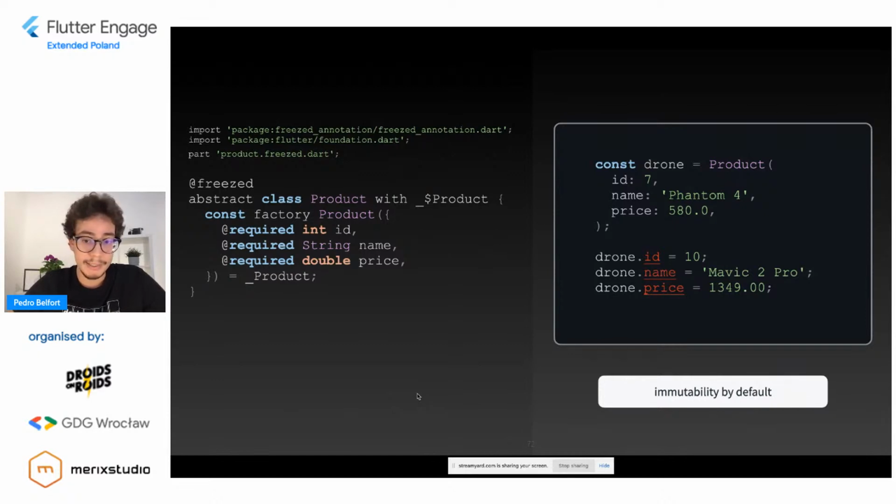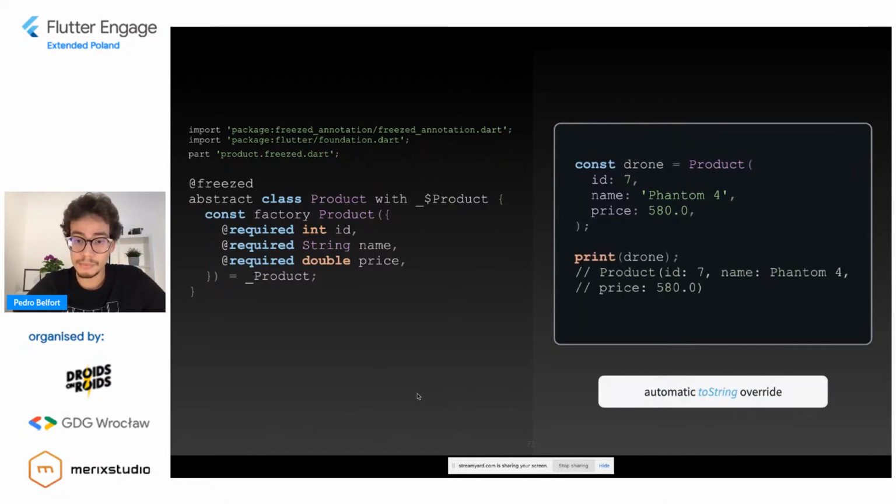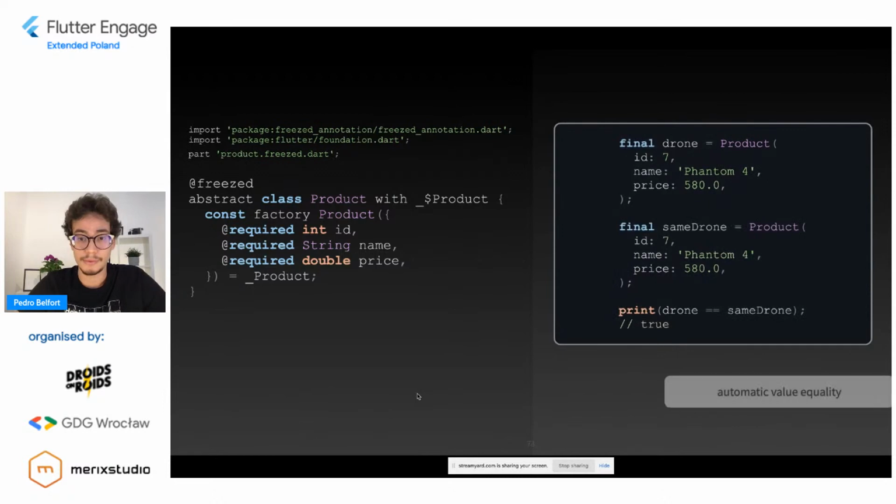So just by writing this, no one can change ID, name, nor price. Automatic toString override. Automatic value equality, which is very handy if you're dealing with states.